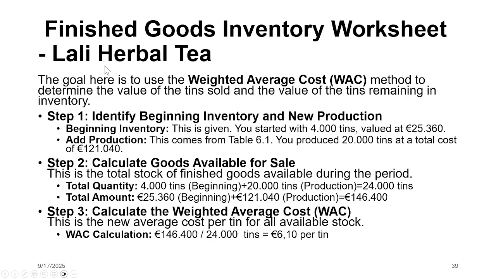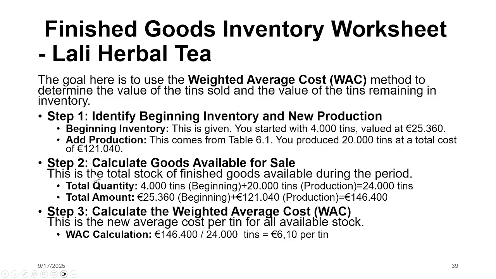So for step 1, we identify the beginning inventory and new production. The beginning inventory is a given, and we add production. This comes from our last table, 6.1, where you produce 20,000 tins at a total cost of